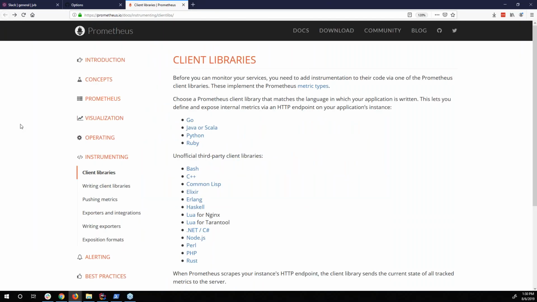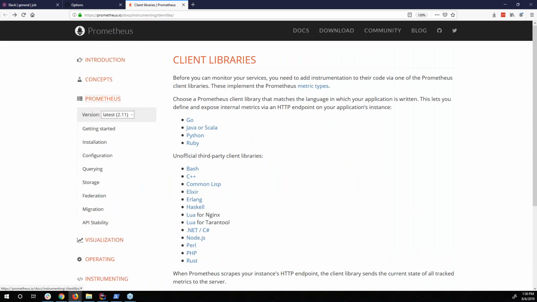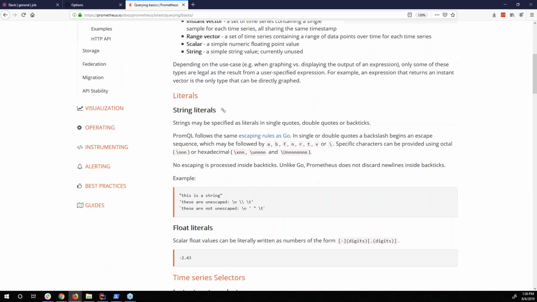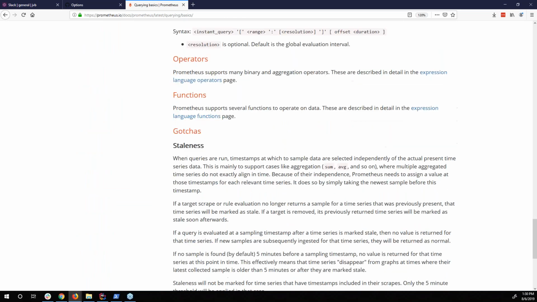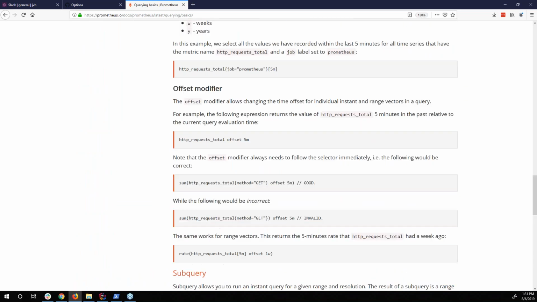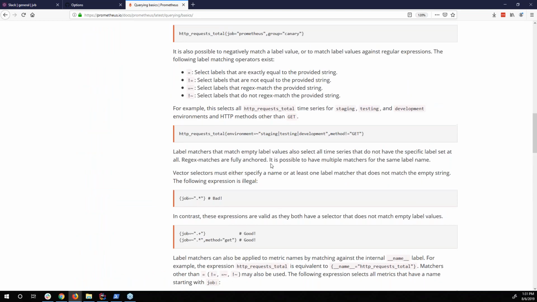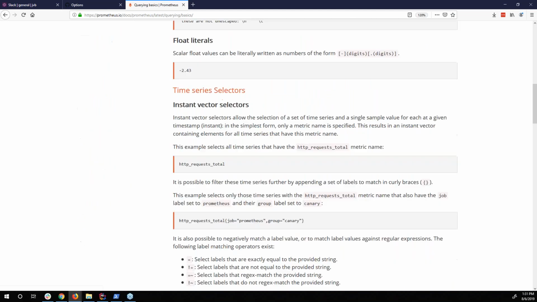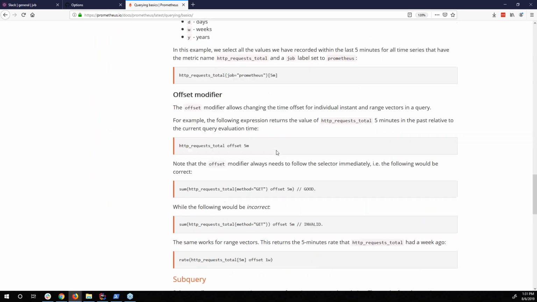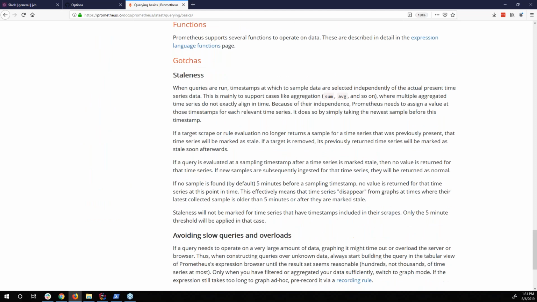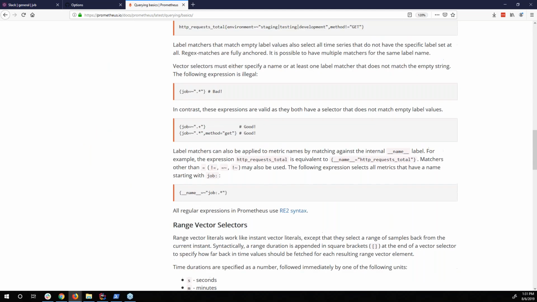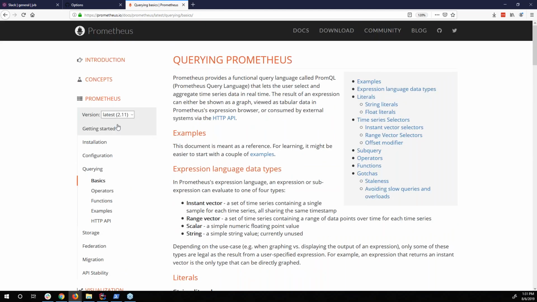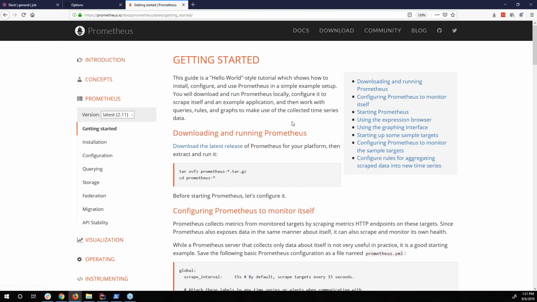So base units, when writing queries, go back to Prometheus and querying, and we want to talk about base units. I can't remember exactly where that is, but we're going to see if it's here in the queries. Nope, not in the gotchas. Maybe it's in the best practices. I bet it's in the best practices. Let's see. I know it's in this document. I've read this documentation a bunch of different times, and I'm just forgetting where exactly the best practices link is. Maybe it's up here. And you know what? This is why we have search. So I do best